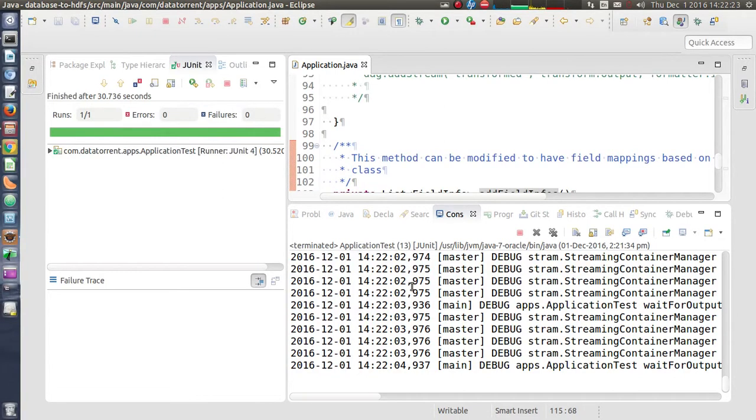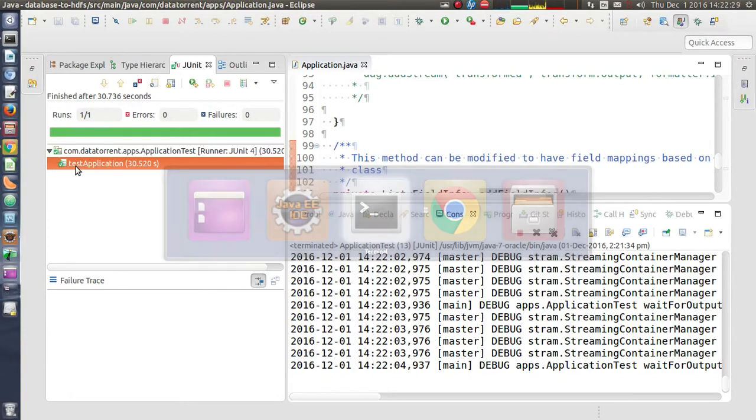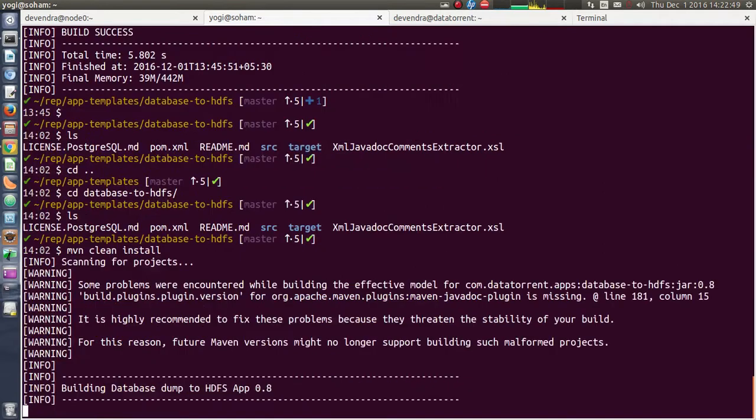As we can see, the application test has passed, which means our changes are fine. Now we can compile this application and try it on the gateway. Let's use the maven command mvn clean install for compiling.